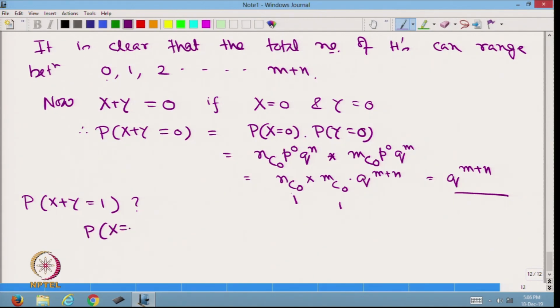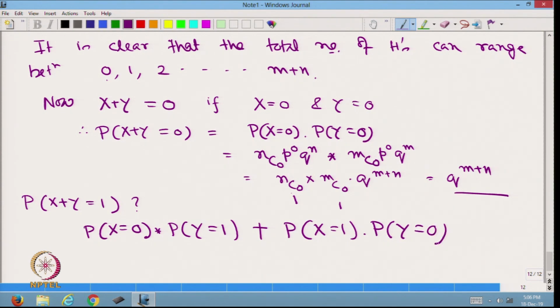Probability x is equal to 0 multiplied by probability y is equal to 1, plus probability x is equal to 1 multiplied by probability y is equal to 0. Because if we get one head in the total number of tosses, then either there is 0 heads from coin 1 but 1 head from coin 2, or there is 1 head from coin 1 and no heads for coin 2. So, this probability is going to be